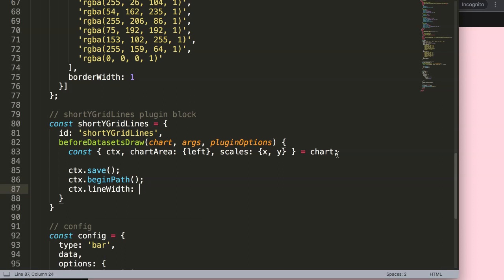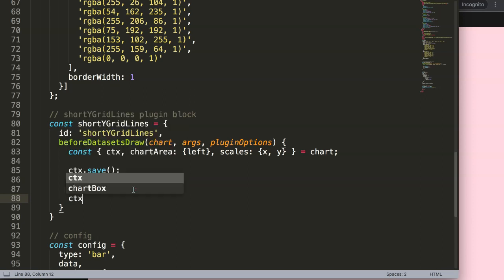Not 1 pixel, which is the default. I will just put in here 3 pixels so it's easy to spot. That's just for clarity's sake. And then of course not a colon but an equal sign. Very important. And then I'm going to say here ctx.strokeStyle, and the stroke style is basically the